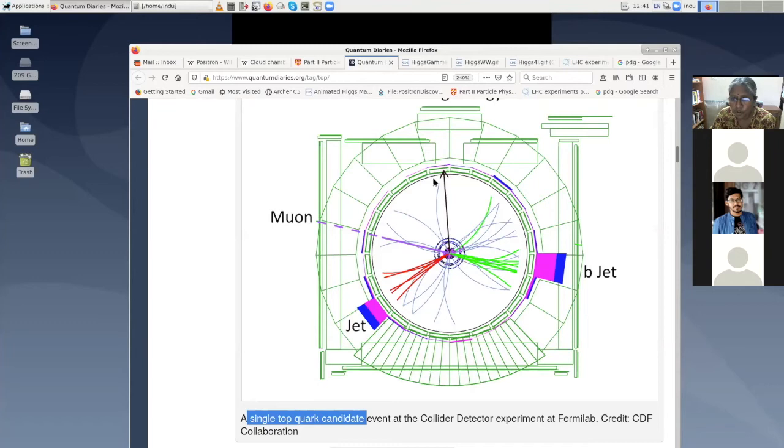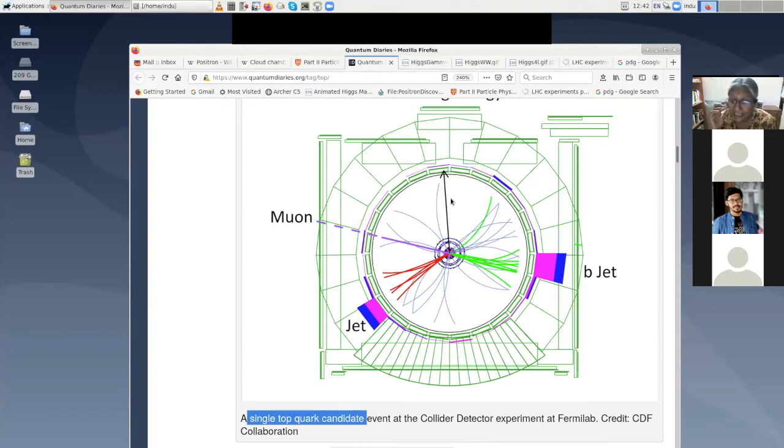Okay. And what does the top do? The top also breaks up into a quark, and then it can break up into a muon and a muon neutrino. And the muon neutrino will not be seen. You can see, in fact, by eye, that if you take the red, the green, the purple, they don't add up to zero. This black line shows you the missing momentum, which is where the neutrino should have gone. From the unbalanced momentum, you know what was the momentum of this neutrino. You can add that all back and find that the top quark mass was 180 GeV.